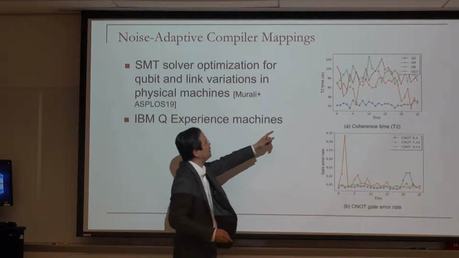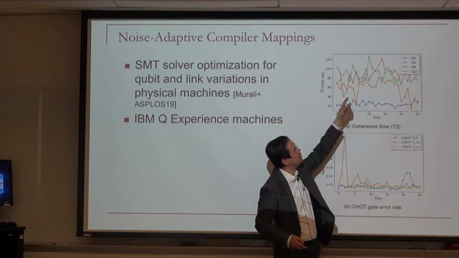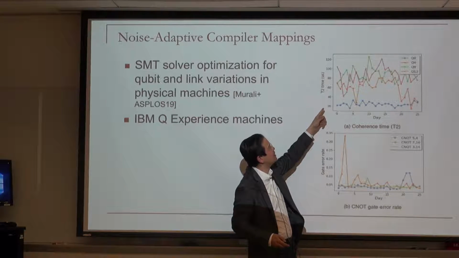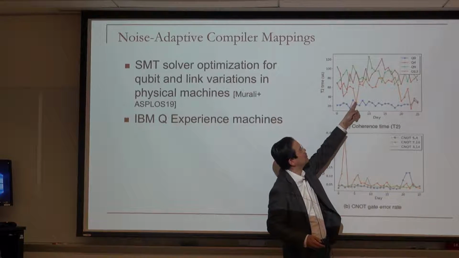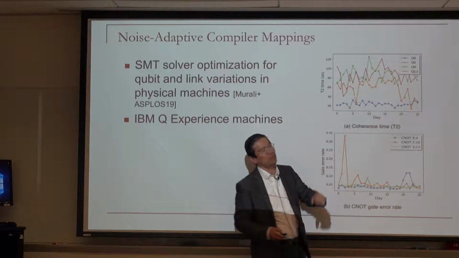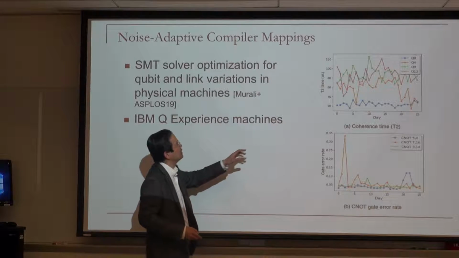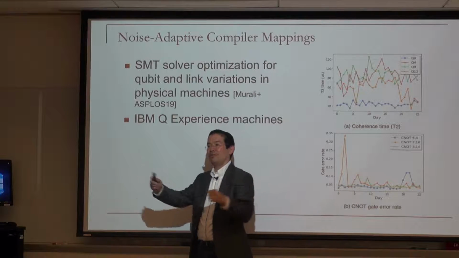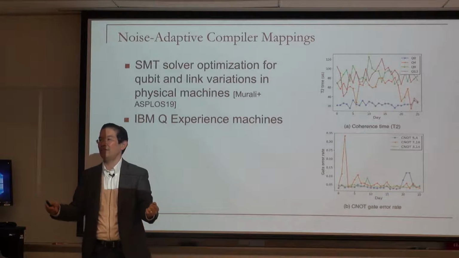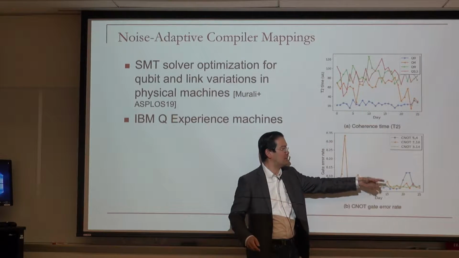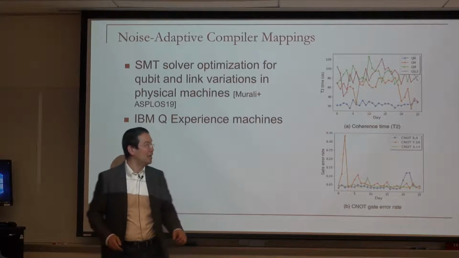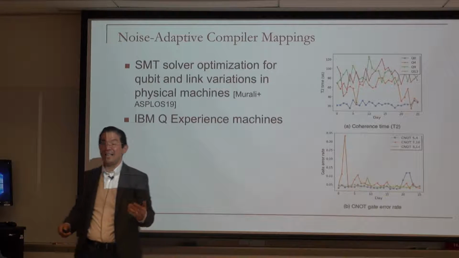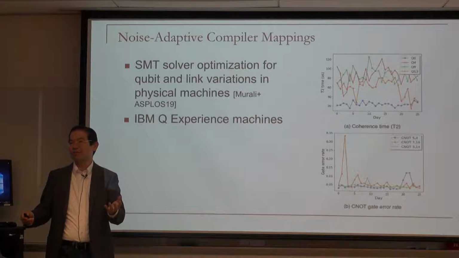And if you look at the calibration data, you can see that the quality of the qubits, here's like 4 qubits, varies every day, right? And it's not even the case that the same qubit is always the worst, although the orange one is pretty bad and the blue one is bad. So these are the variation in qubits. This is variation in 2-qubit operators, so the coupling between different qubits. And you can see, once again, different ones have much different error rates, right? So the gate error rate up is bad, right? So what you see is day to day it varies a lot, and it's very different for different qubits and different